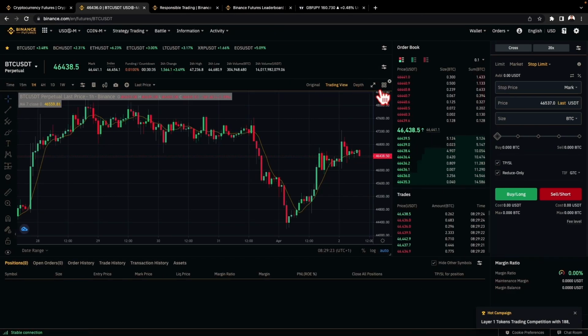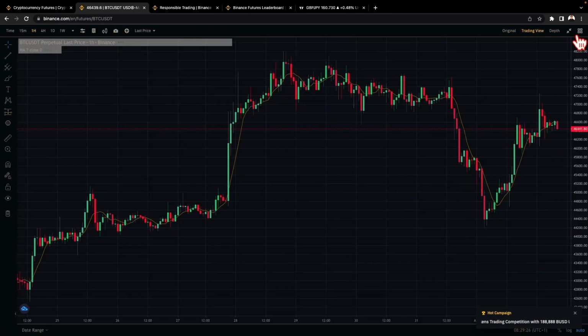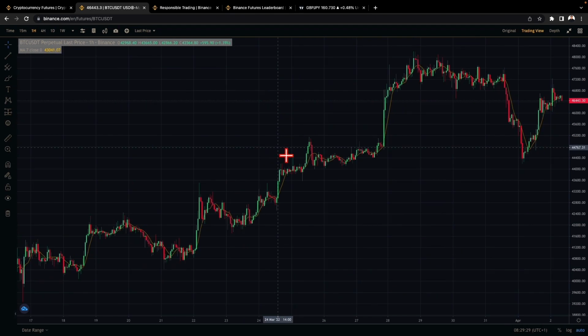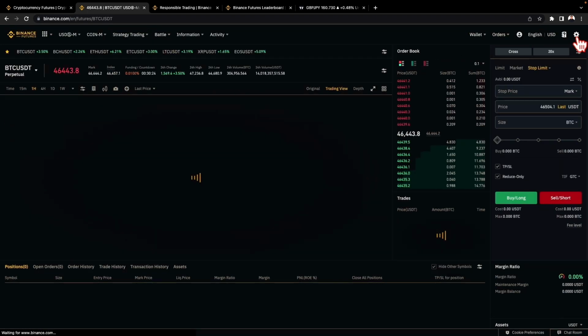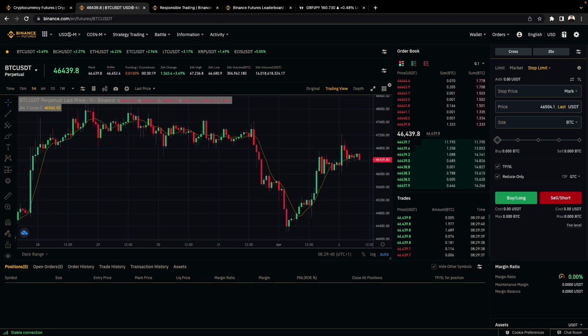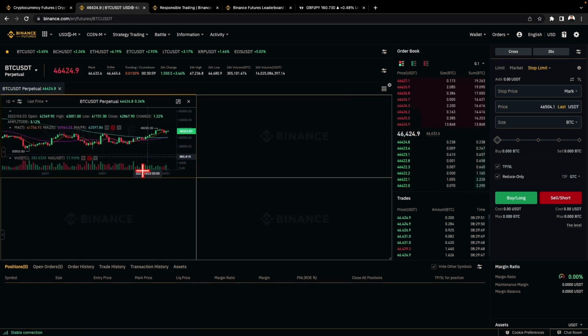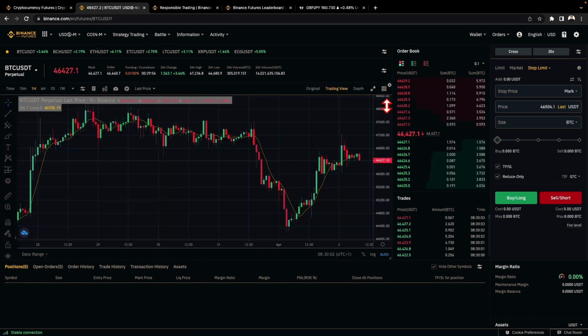You can also expand here by clicking on this button to cover the full screen. If you want to see the full screen view, if you want to zoom in and zoom out, this is where I click, and it will come back. And if you want 4 charts instead of only 1 chart, you can click here to have access to 4 charts. But I'm okay with 1 chart, so there's no need for me to click there. If I click on 4 charts, you can see it will divide my screen into 4. If I have different indicators I want to put on my chart, I can drag each of those indicators here for me to see, but I prefer the 1 chart method.